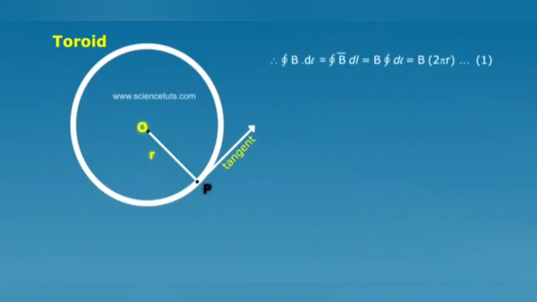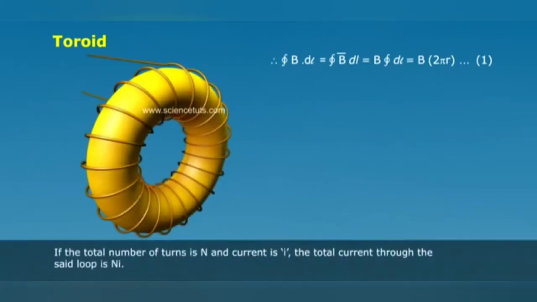Now, I am going to apply Ampere's circuital law, integration of B dot dl, where theta is equal to 0, we know that, and the integral of dl is 2 pi r. I hope it was clear in your derivation itself, whatever we have done. Here I just brought it to help you understand in animation form. Because theta is equal to 0, cos 0 is 1, we are going to integrate it.